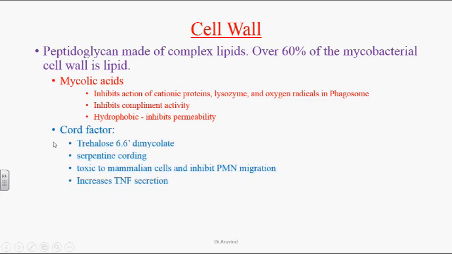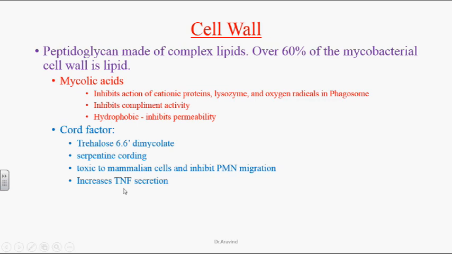And inside the cell wall, there is one more lipid called cord factor, which is referred to as trehalose 6,6' dimycolate. Because of this cord factor, we can see serpentine cording, and this cord factor is very toxic to mammalian cells. It also inhibits PMN migration, polymorphonuclear cell migration, to the areas where these organisms are present. And this cord factor stimulates